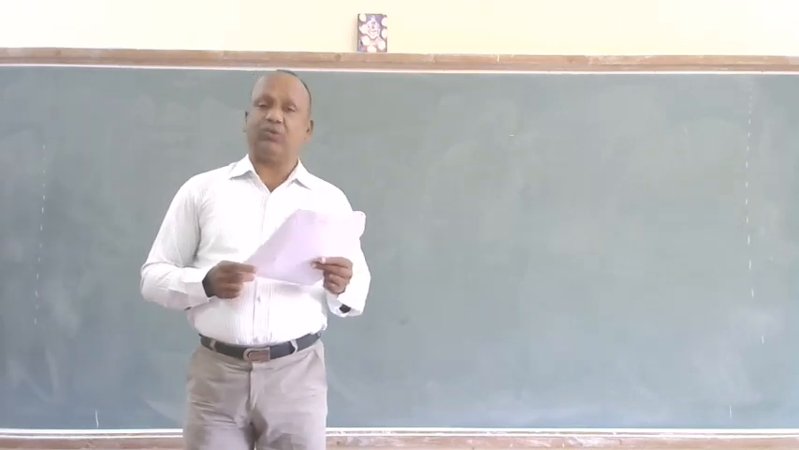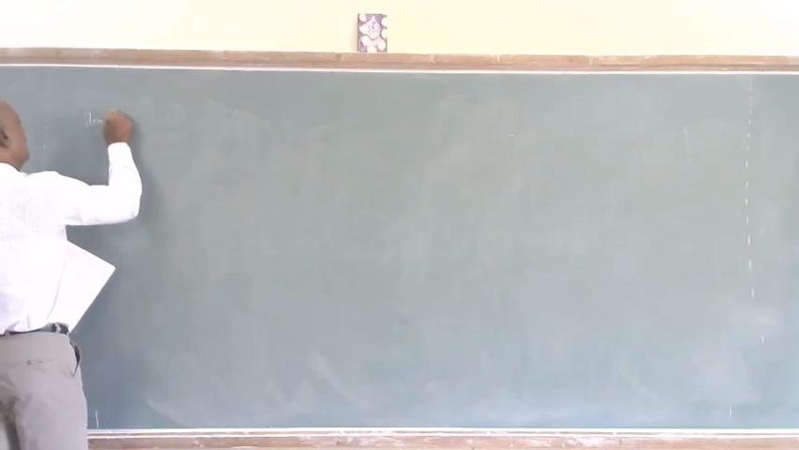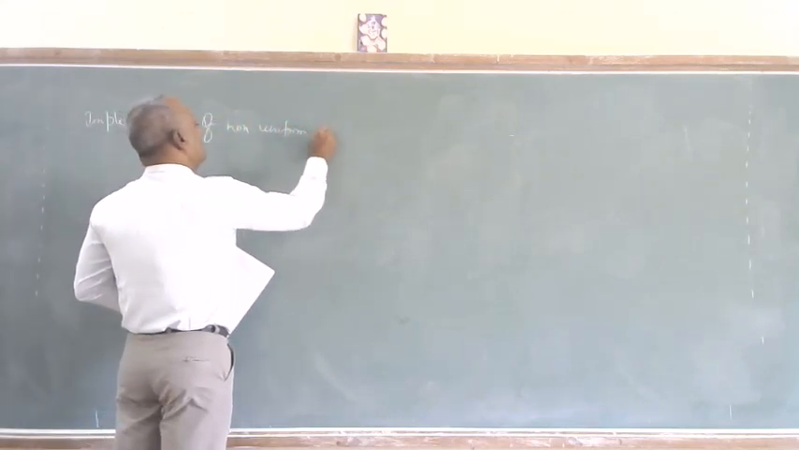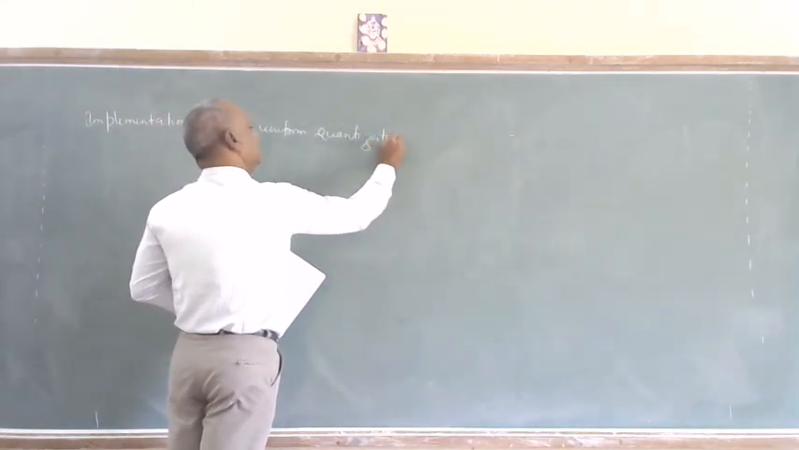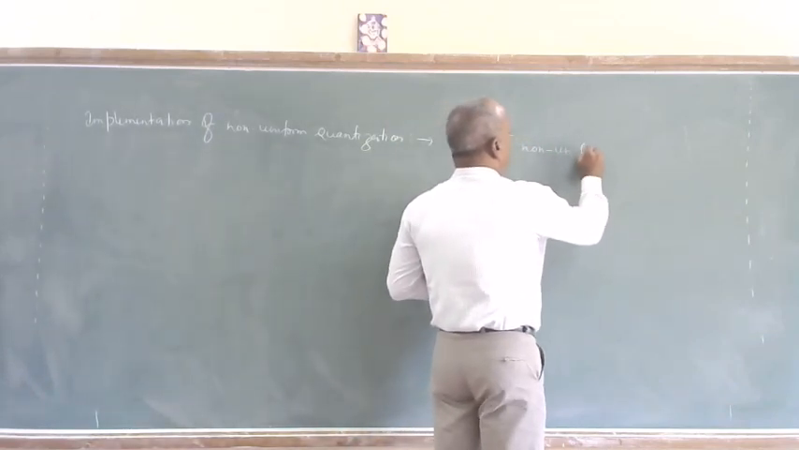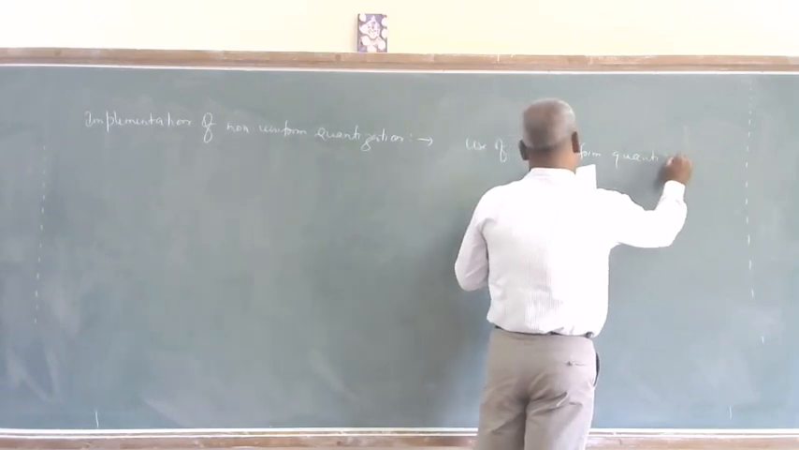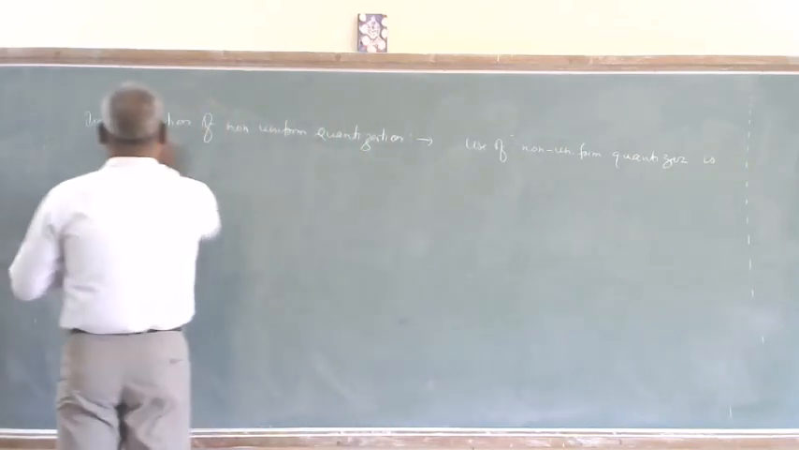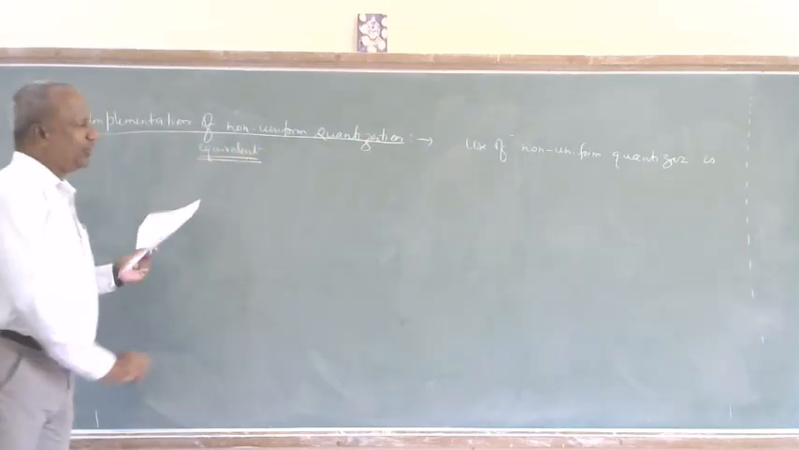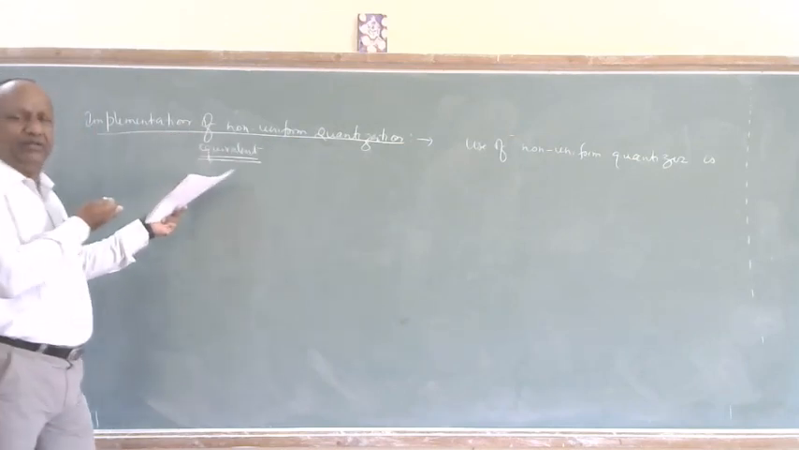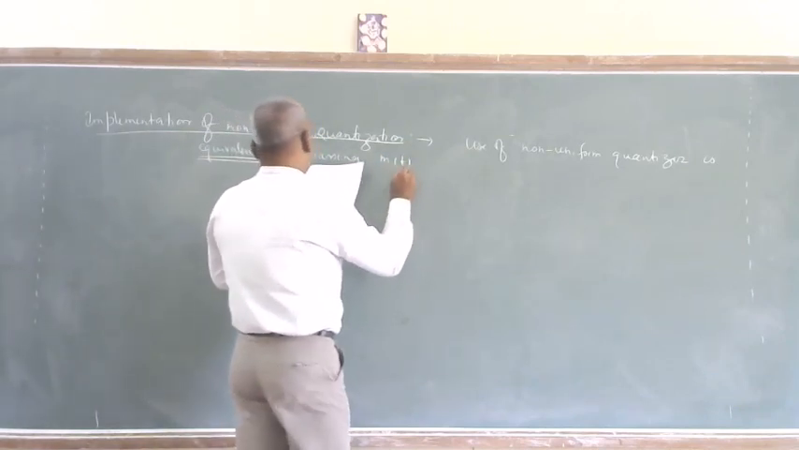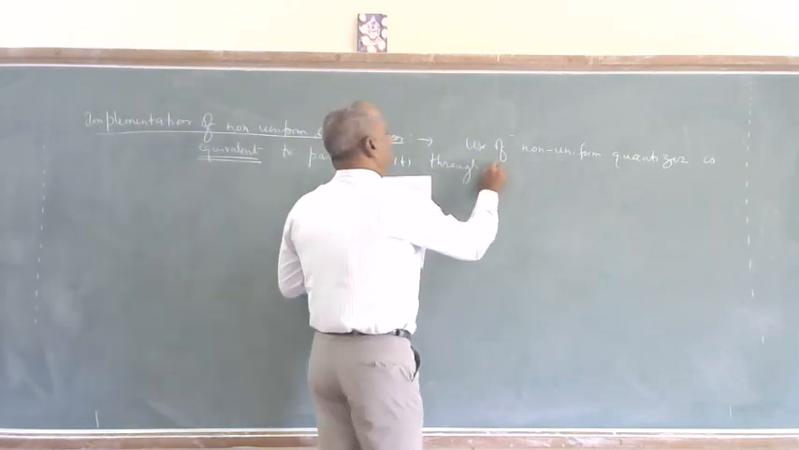Use of a non-uniform quantizer is equivalent to, and this is very important, because if I am using a non-uniform quantizer, what I am basically doing is equivalent to passing m of t through a compressor